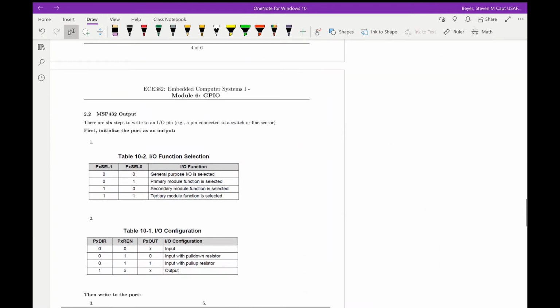Alright, so let's talk about now the output. Output's a little bit different for kind of the same reasons, that friendly programming concept. So let's talk about how this works. Same first step, set to GPIO functionality. So let's say now we want to take port 1 pin 0 as an output. And what we're going to do